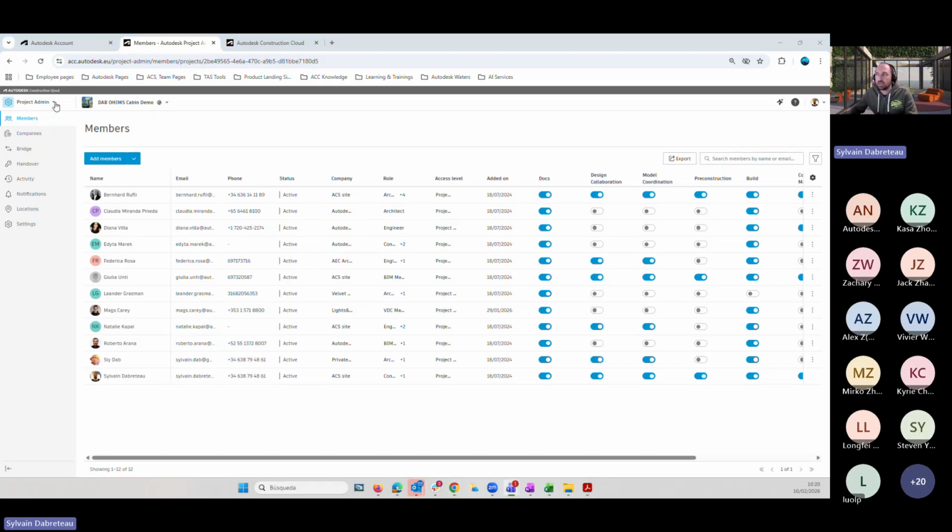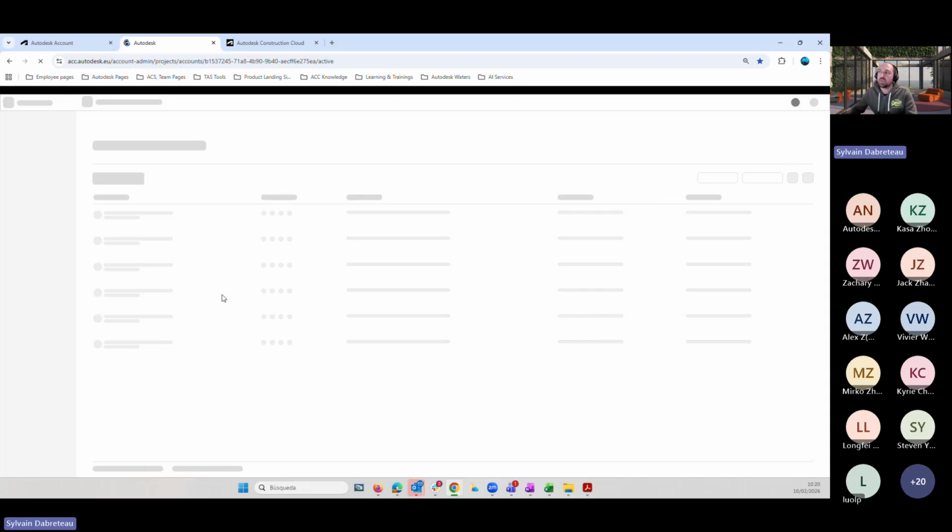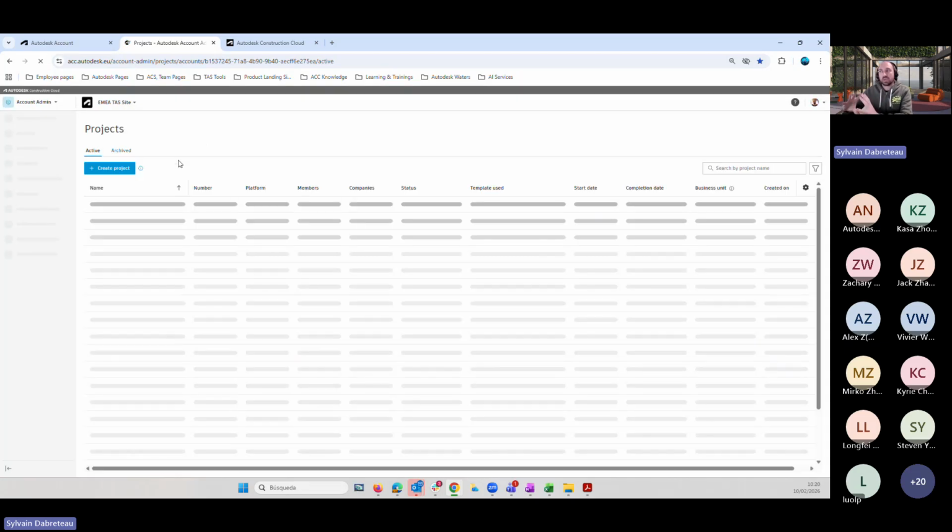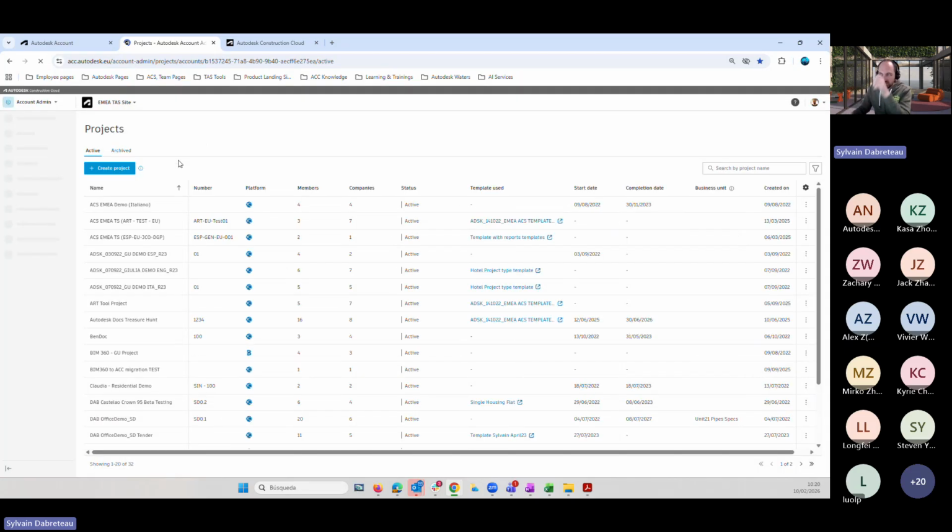Thank you. So now I'm moving to the account administration, and bear in mind that not everyone is account admin. I don't know who the account administrators in your account are. You see that you have BIM 360 administration here.